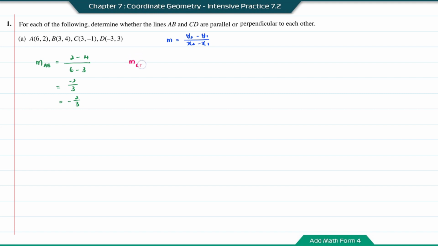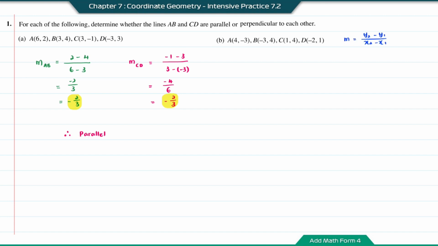As for the gradient CD, this is equal to negative 1 minus 3 over 3 minus negative 3. So this is equal to negative 4 over 6. Simplified, this is also equal to negative 2 over 3. So as the gradients of AB and CD are the same, the straight lines AB and CD are parallel